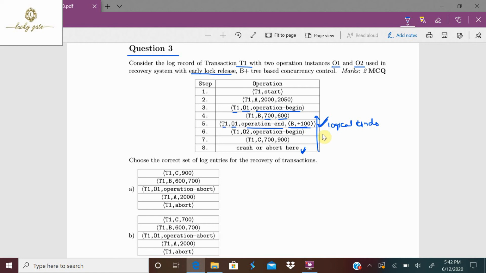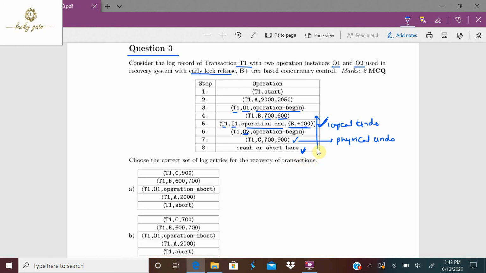Suppose there is no logical undo information, means if there is no operation end log, then it has to use the physical undo information. See, T1 O2 operation began, operation O2 began. Do we have operation end? No, because there is no operation end, in such cases it uses physical undo information. This is physical log. Okay, now the question is, choose the correct set of log entries for the recovery of